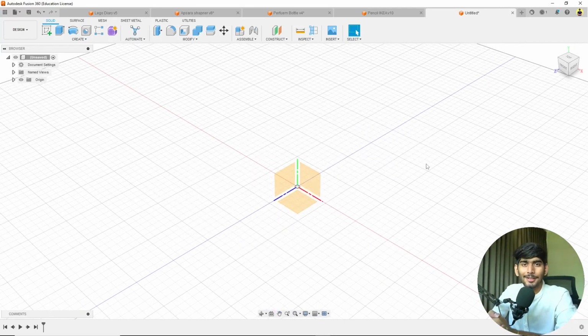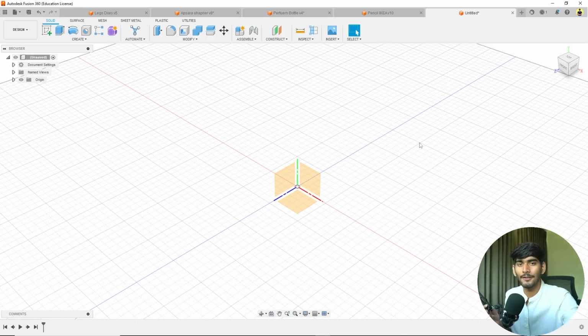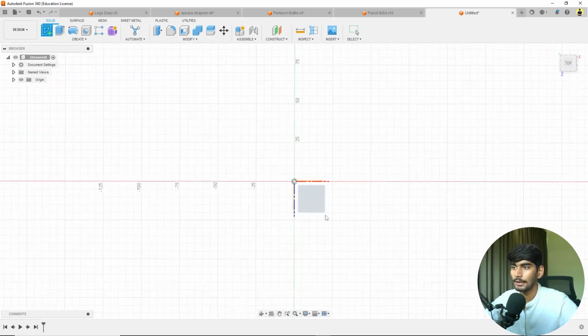Guys, welcome back to another chapter, and it will be a quick chapter upon how to create text in the Fusion 360 sketch environment. So without any delay, let's start with the sketch environment. Inside of Fusion 360, I will go to create sketch and we will select the plane